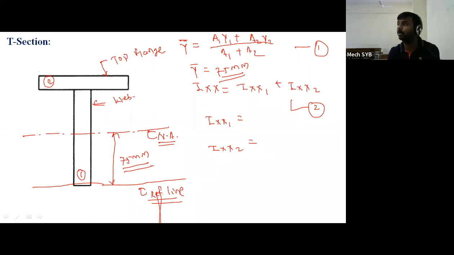We are calculating this particular y bar means we are representing the position of neutral axis from the bottom side